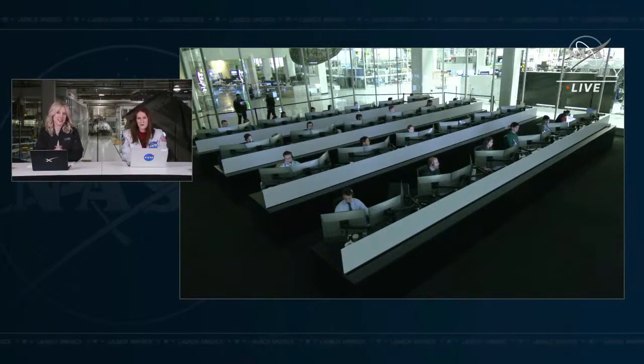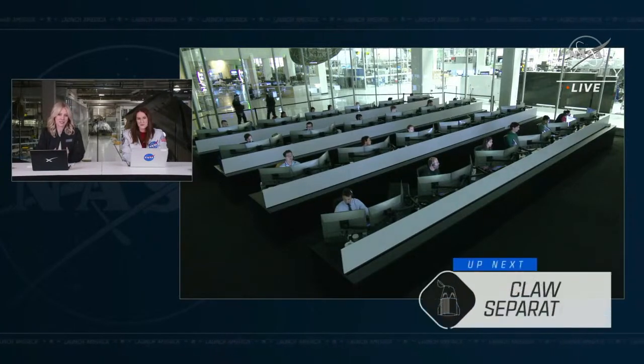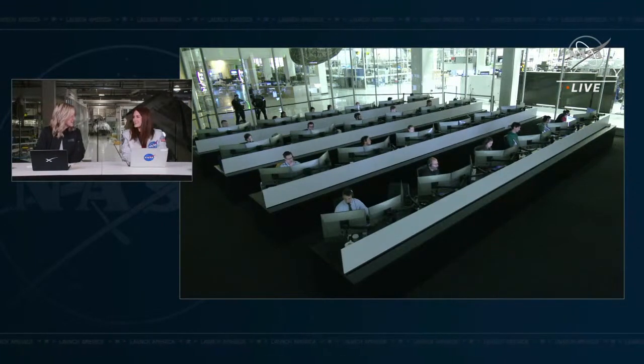Yeah. Like everything that occurs on the International Space Station, everything is scheduled, it's choreographed, including that sleep period, that crew rest period, where basically the crew got to clock off duty and rest, relax, enjoy the view, I would imagine. Yeah, absolutely. So at this point in time, like we mentioned, we are coming up to the separation of